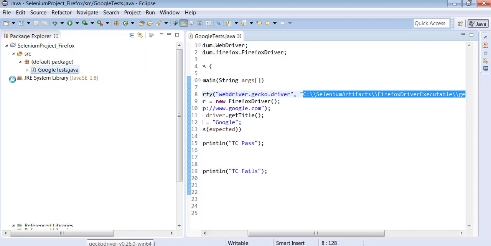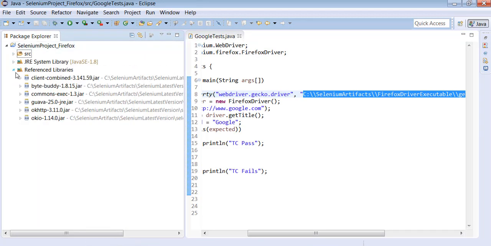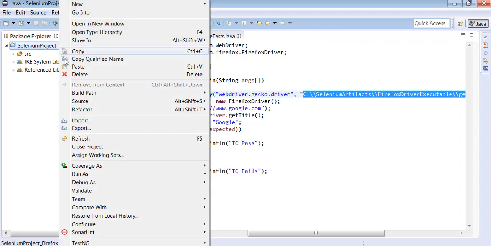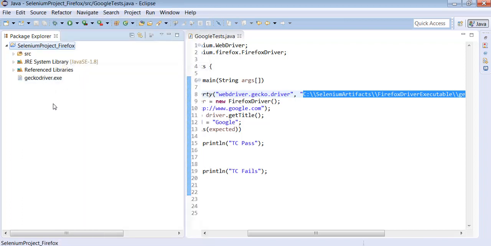Select the Java project, right click on the Java project, then select paste. You will find the executable file which is available.